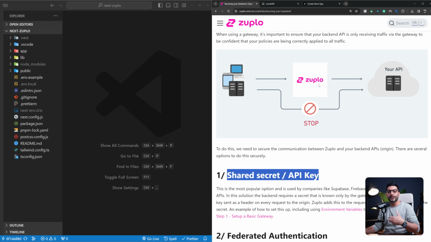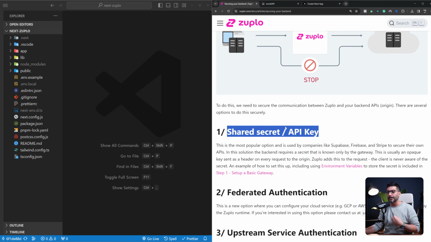Then inside your Zuplo gateway, you would also include that secret key in an environment variable. Therefore, when the gateway talks to your backend, it has that API key, so your server allows it. But if somebody else tries to hit that endpoint, they're not going to get through because they do not